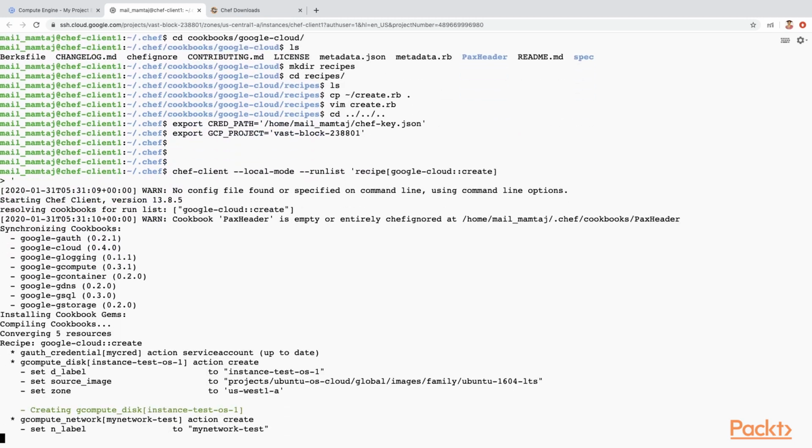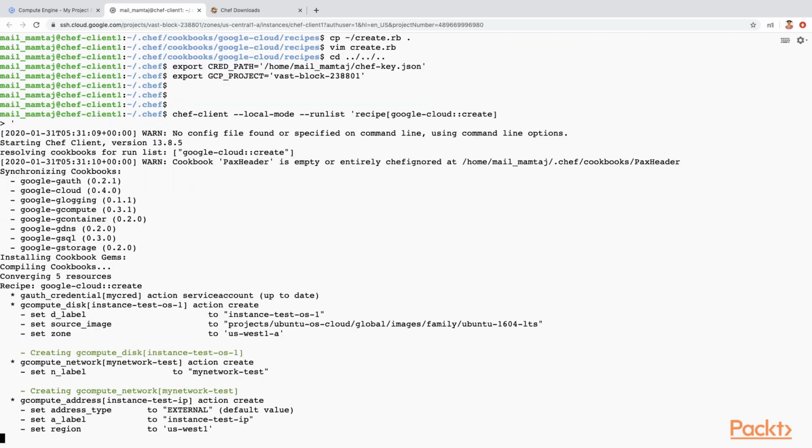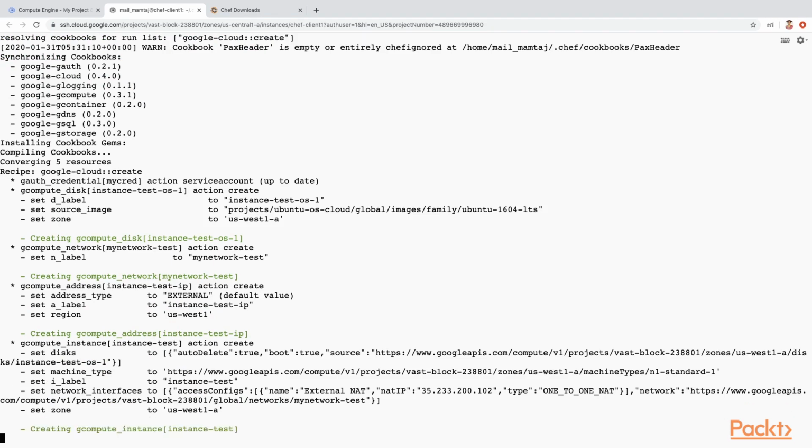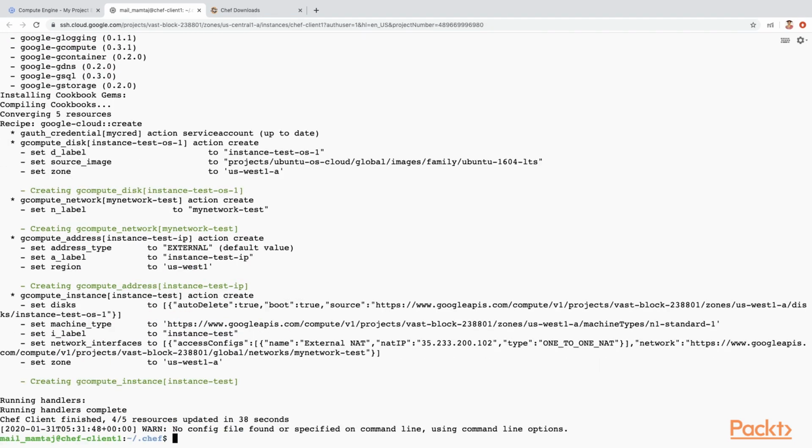So the Chef client run has started. It would pick up the recipe from the virtual machine and spin up resources in our Google Cloud account. So I'm giving the name of the cookbook, the recipe name, the execution steps and all those things, and it would go ahead and spin up those resources like the disk, the network, the IP and everything which we have given in the order, and at last it would create a virtual machine.